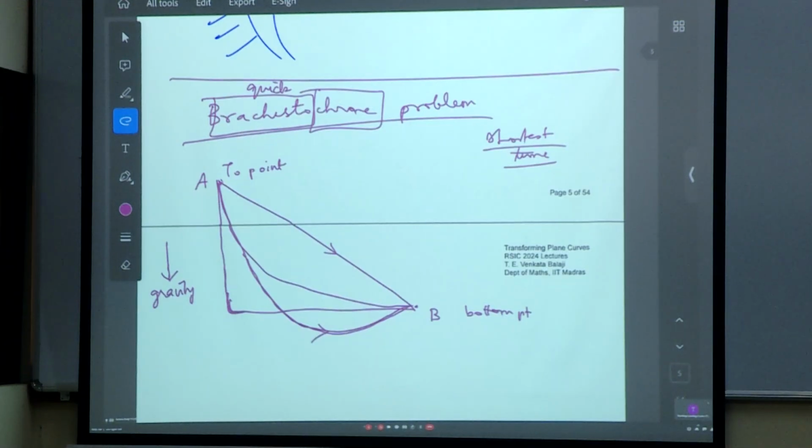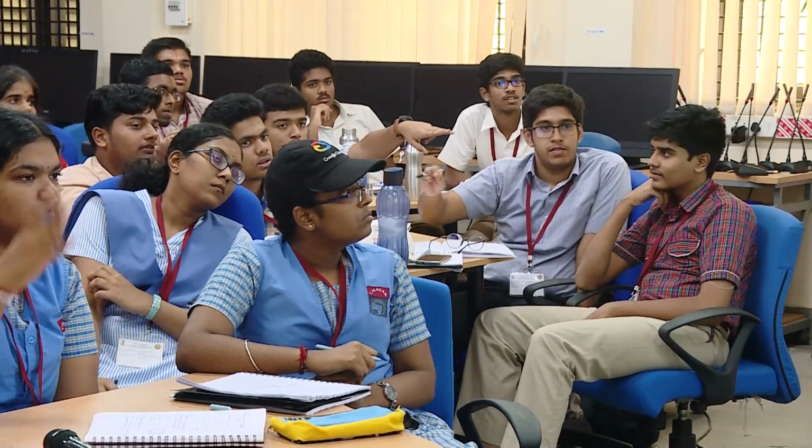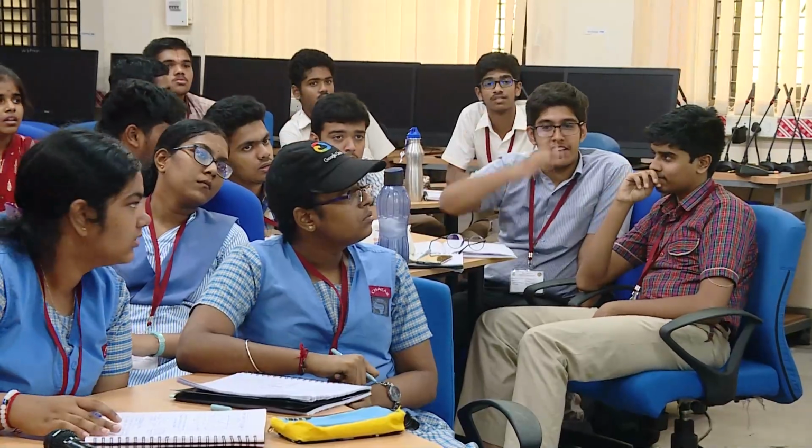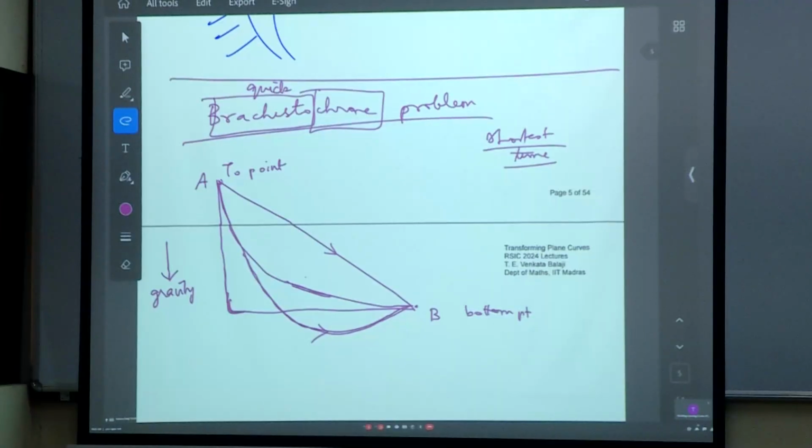What is your second one, namely this one? This is the one you think it is, and not something like this. So which do you think will be the slowest? Yeah, so you see, it's very funny. It will be very counterintuitive. The truth is that it's actually this curve,